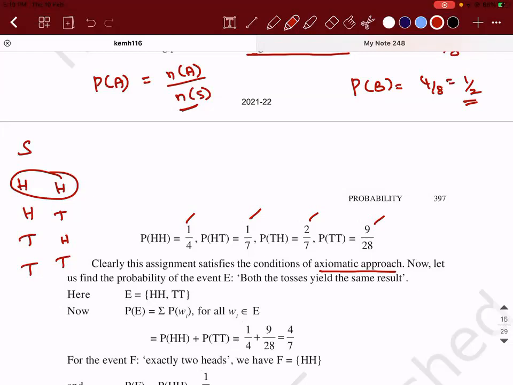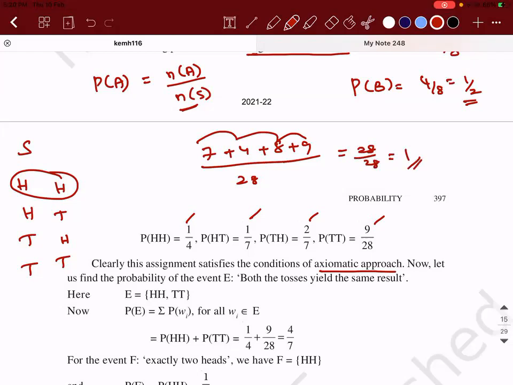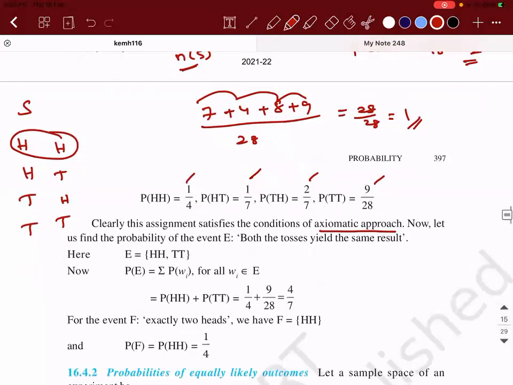So LCM is 28. So here you will get 7 plus 4 plus 8 plus 9. So 17, 17 plus 4, 21, 21 plus 7, 28 by 28. It is giving you a 1. Yes, it is satisfying. Now, let us find the probability of the event E where both the tosses yield the